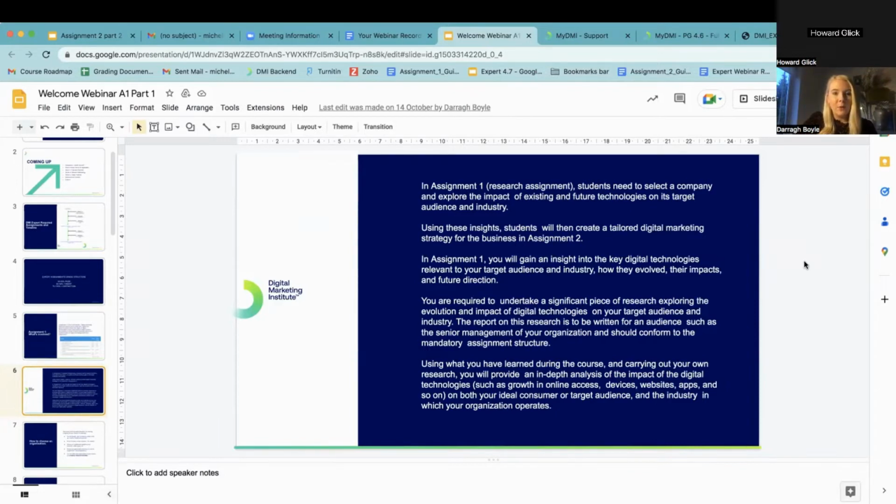So when you think about the company that you're going to choose, some of you already have a business, some of you already might be working with a friend's business. Just bear a few things in mind. So you could use this assignment, if you're not already working in the industry that you want to be working in, to do some research and showcase to future employers or future clients the research that you've